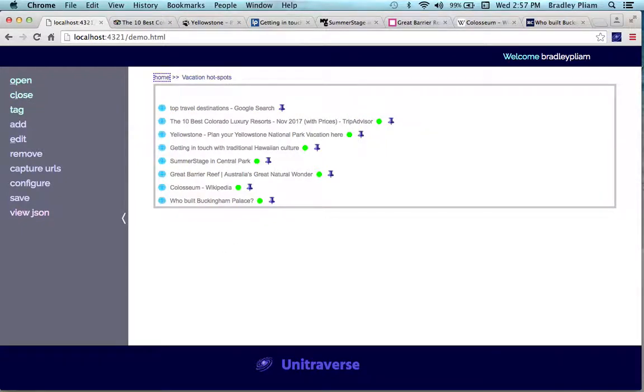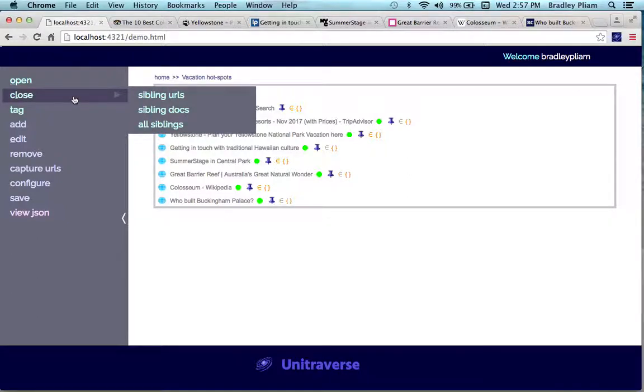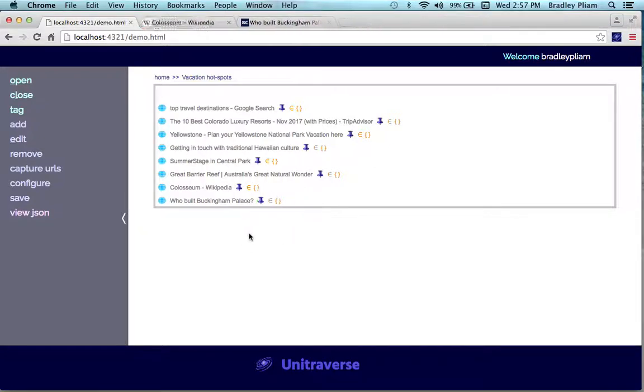But the fastest way, of course, is to work with entire groups. And I want to close all of these tabs all at once by going into group mode. I press the G key to do that. And notice that these submenus are starting to appear to help me work with an entire group of items. So I'm going to close the sibling URLs like this, and they vanish, which is what I want, so I can start to work on my new